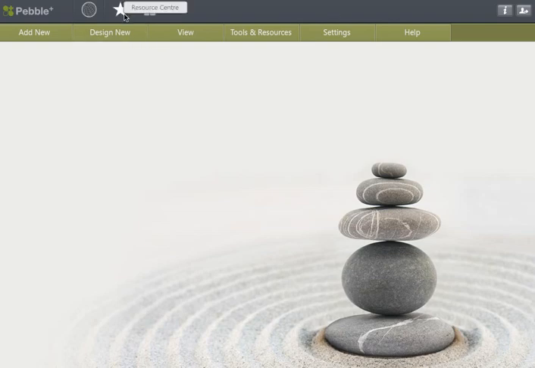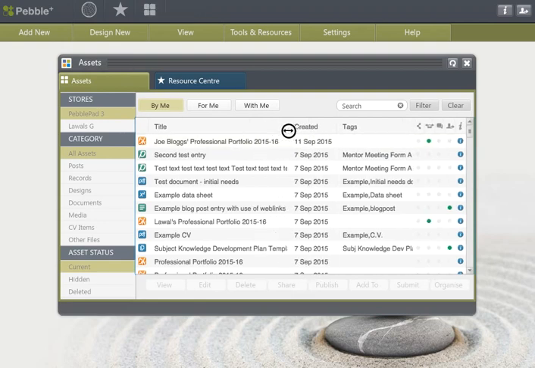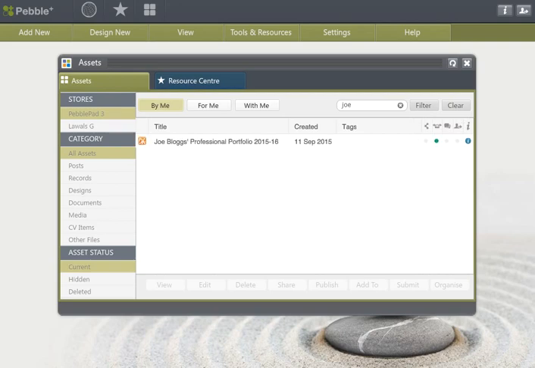So the first thing that we're going to want to do is, in our asset store, find our copy of the portfolio. It should be under the filter by me, and if it's not at the top of the list, you can always type in a search here. If you used your name in the title, that's a good way to find it again. And I'm going to select edit,